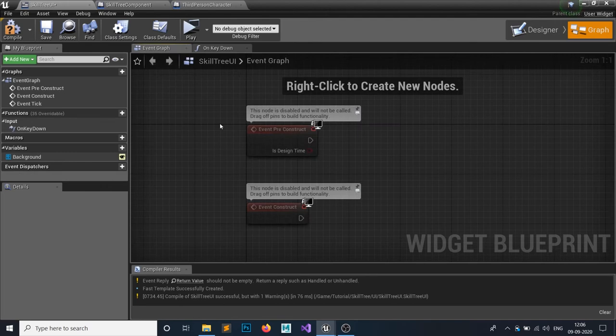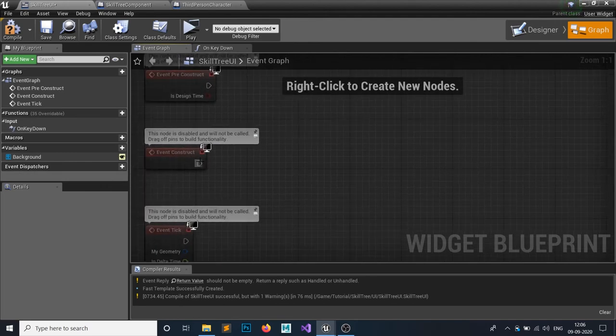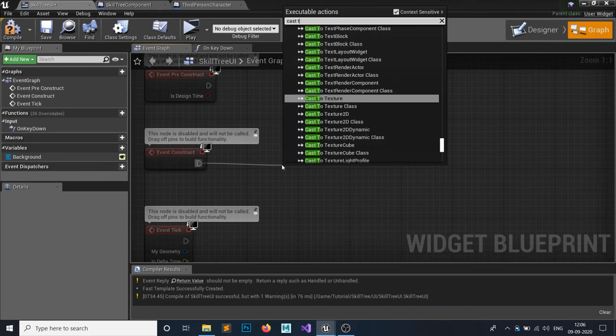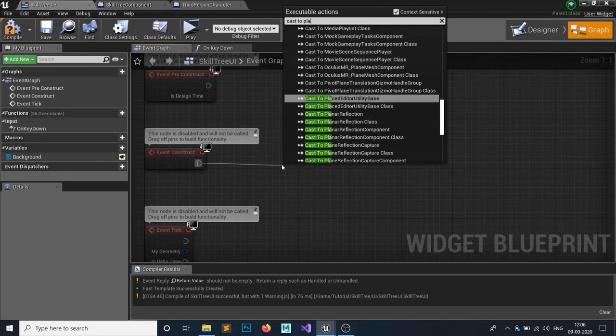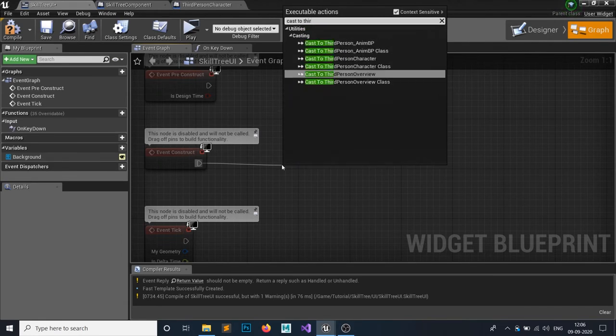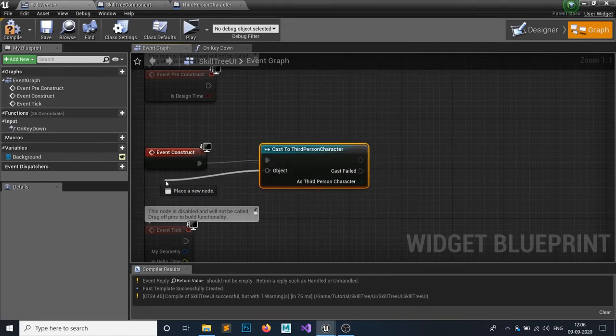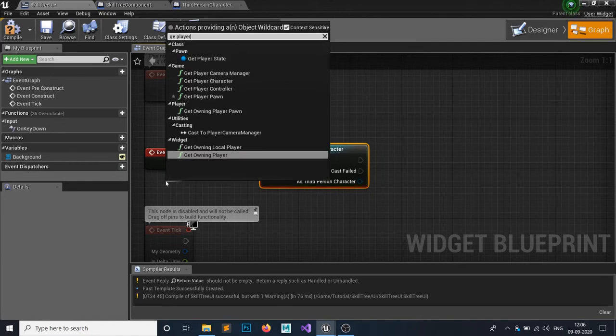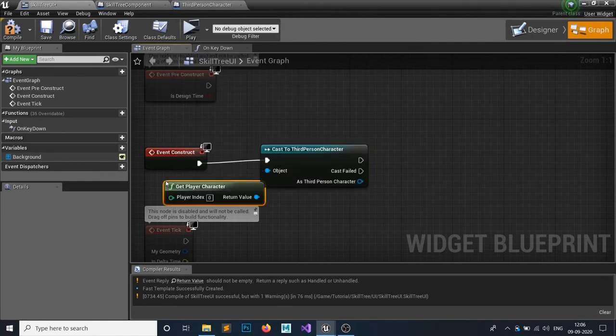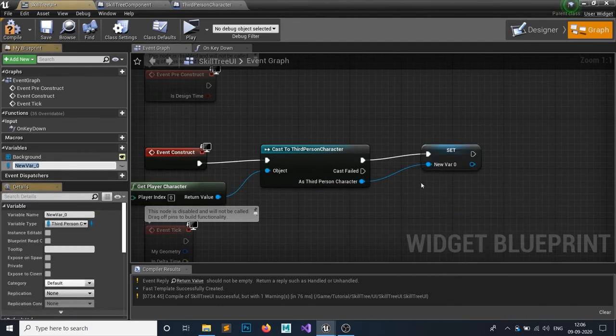So how do we toggle? On your event construct node here, cast it to our player character, cast to player character, whatever you are using. I am using the third person character. Just like this, get player character, and we're gonna promote this to a variable. Let's call this player.